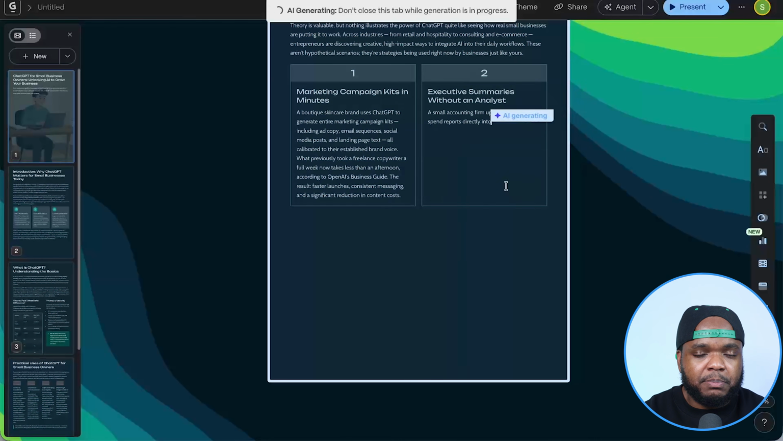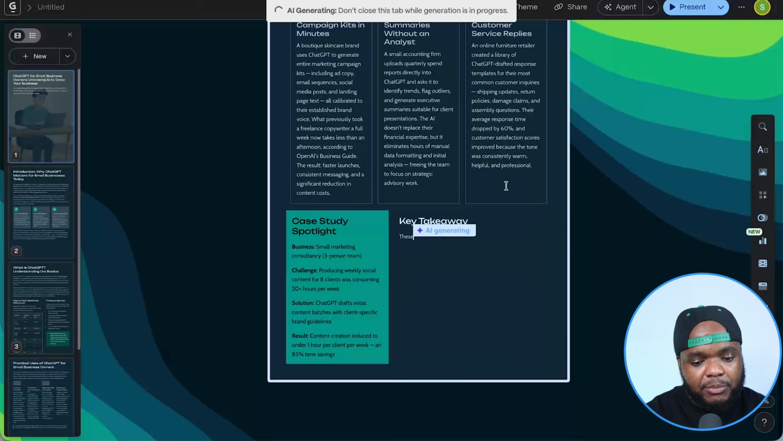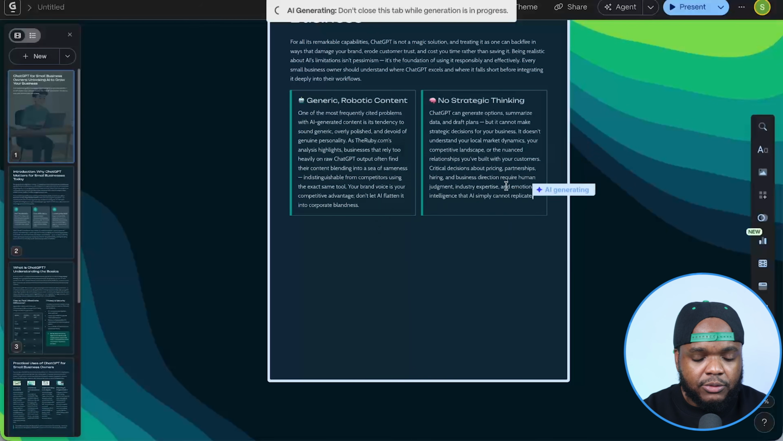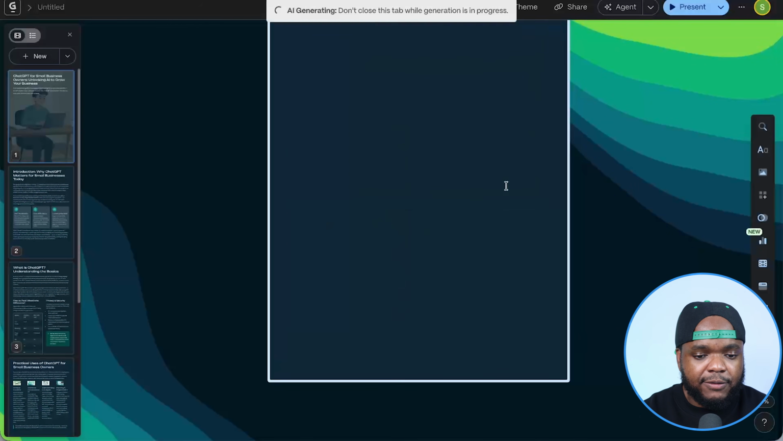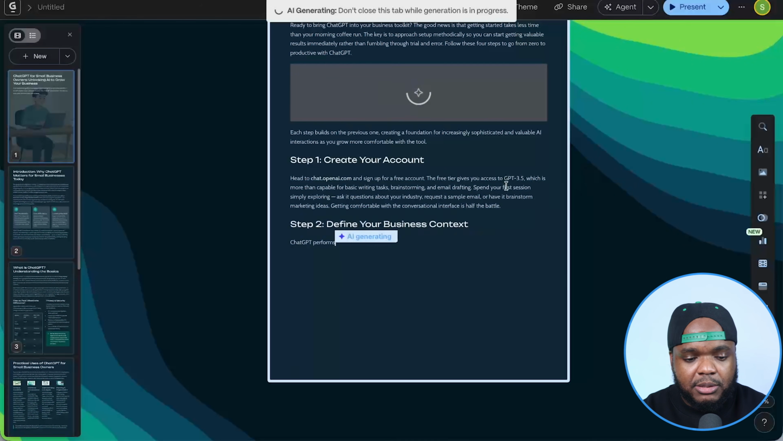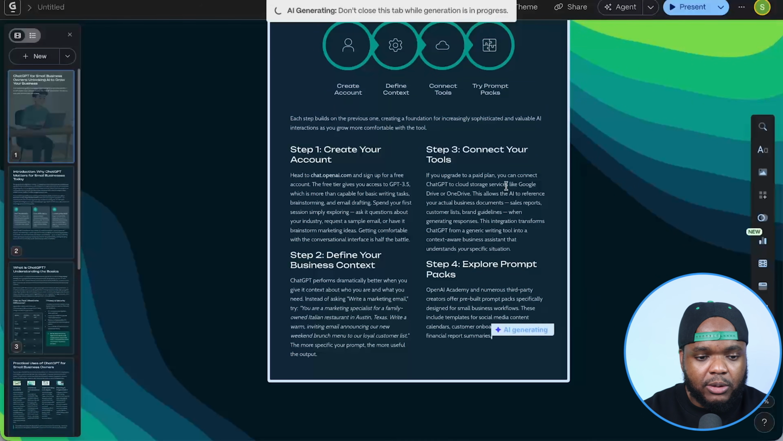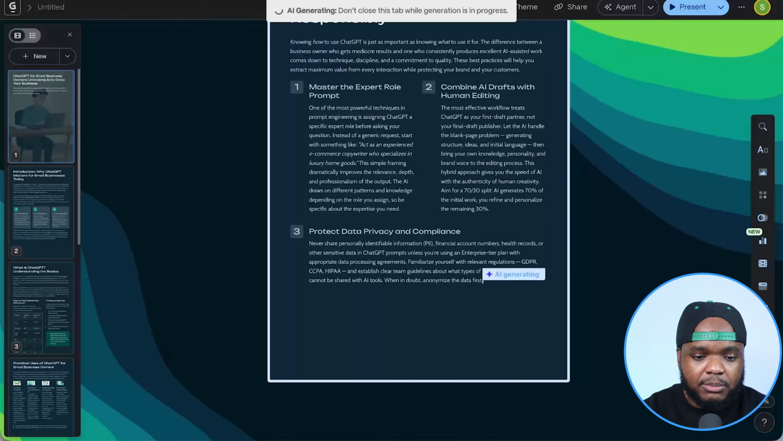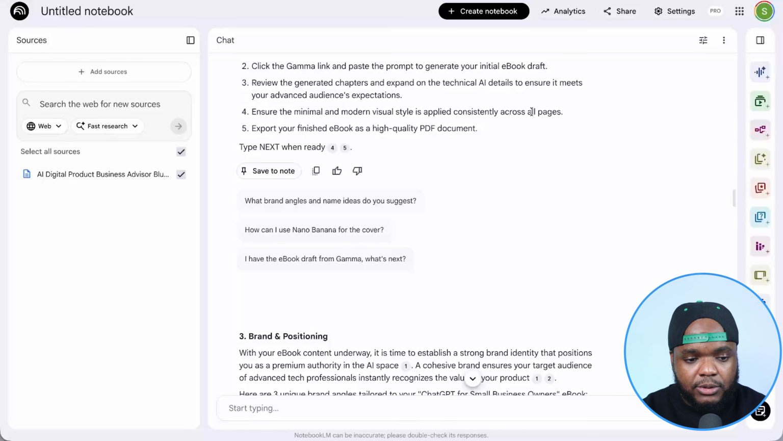So Gamma is definitely one of the best ebook makers at the time of me making this video. Super efficient, straightforward and easy to use. So from this point, it's just going to be a case of waiting for it to complete. If you selected a large amount of pages, then of course it's going to take longer than if you selected a lower amount of pages. But whatever the case is, I'm just going to leave it, and I'm going to go back over to NotebookLM